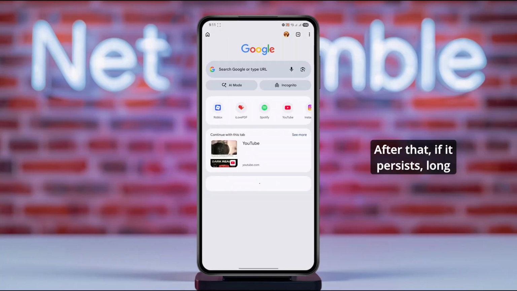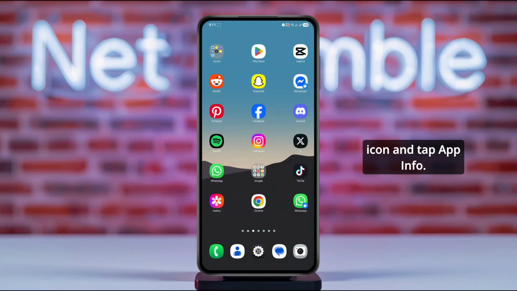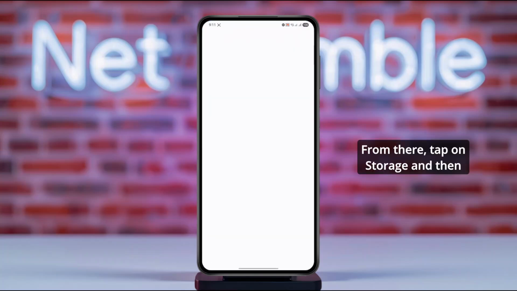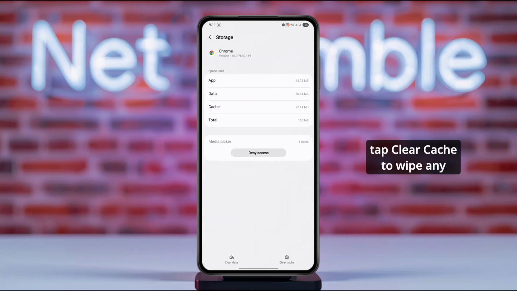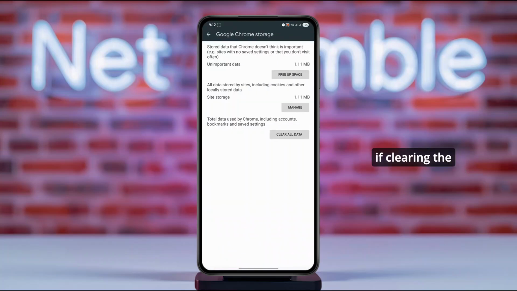After that, if it persists, long press on the Chrome app icon and tap App Info. From there, tap on Storage and then tap Clear Cache to wipe any corrupted data causing the error. At this point, also tap Clear Data to do a full reset of the browser if clearing the cache alone